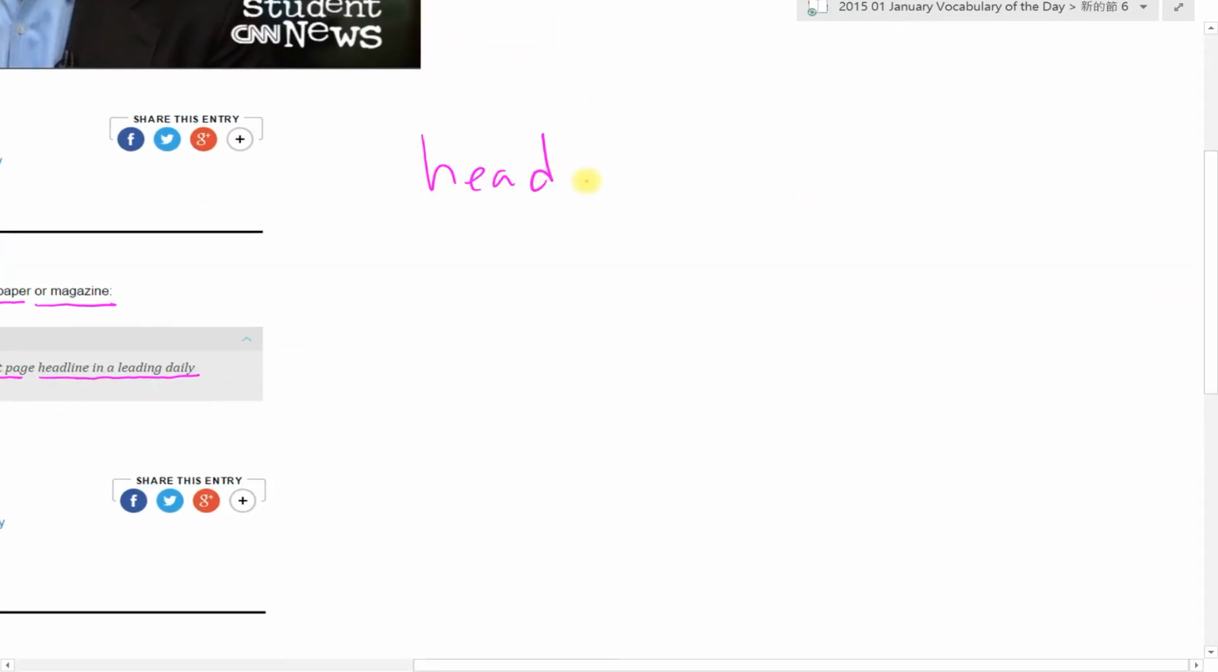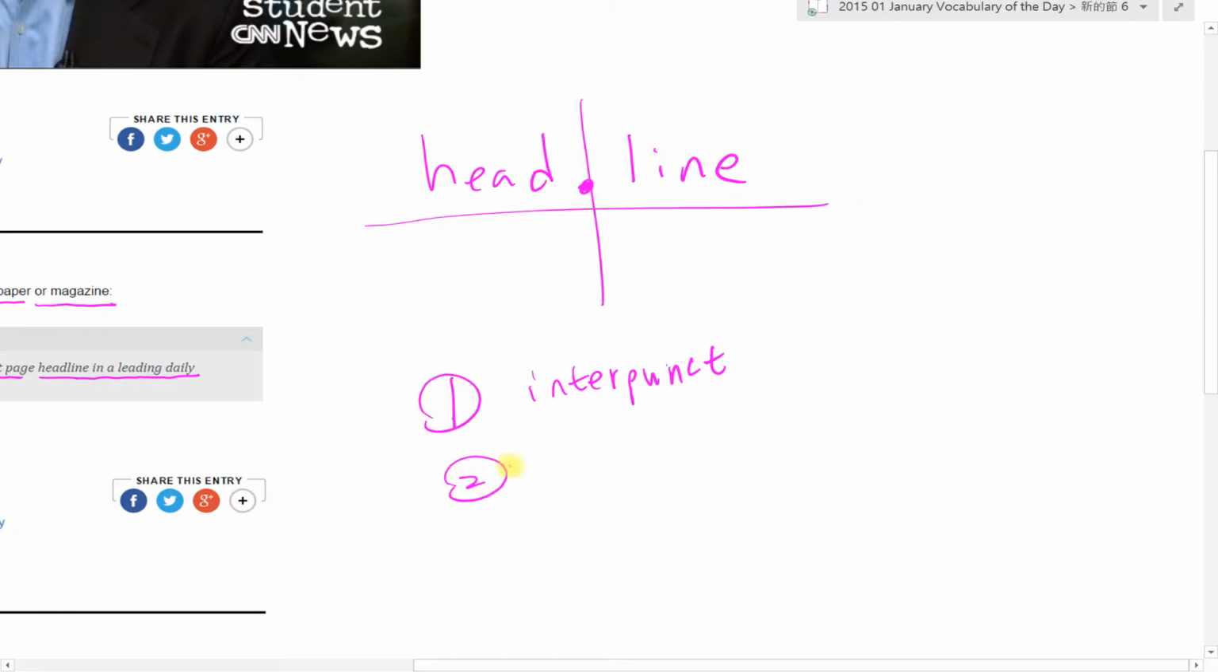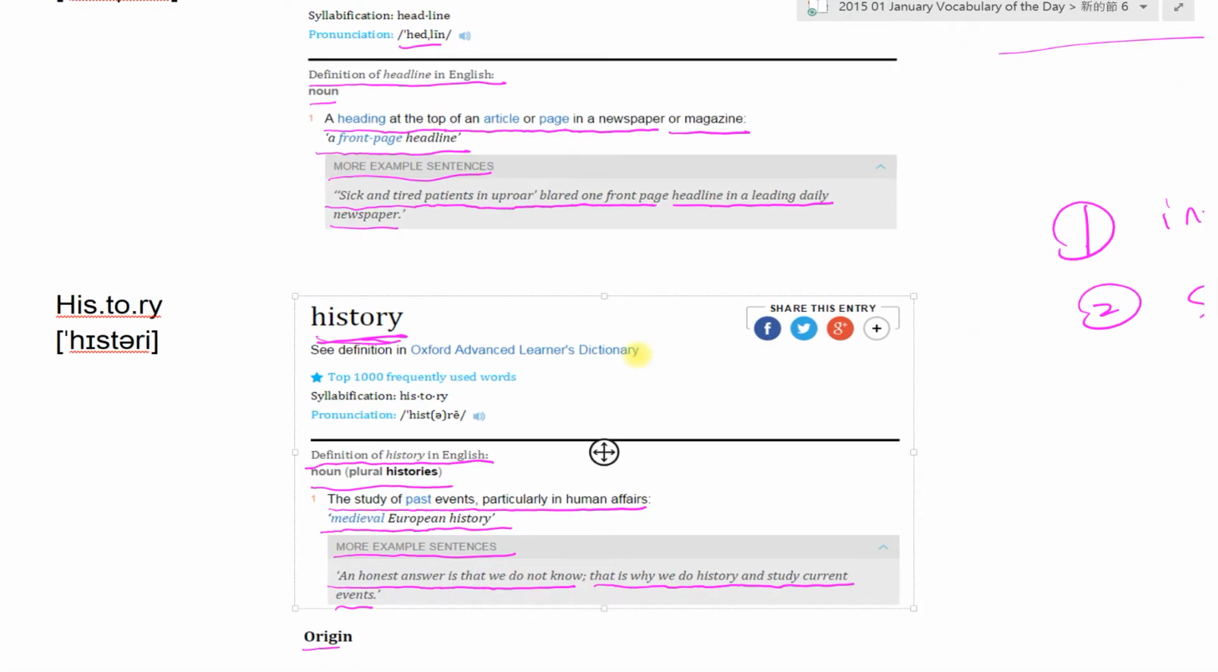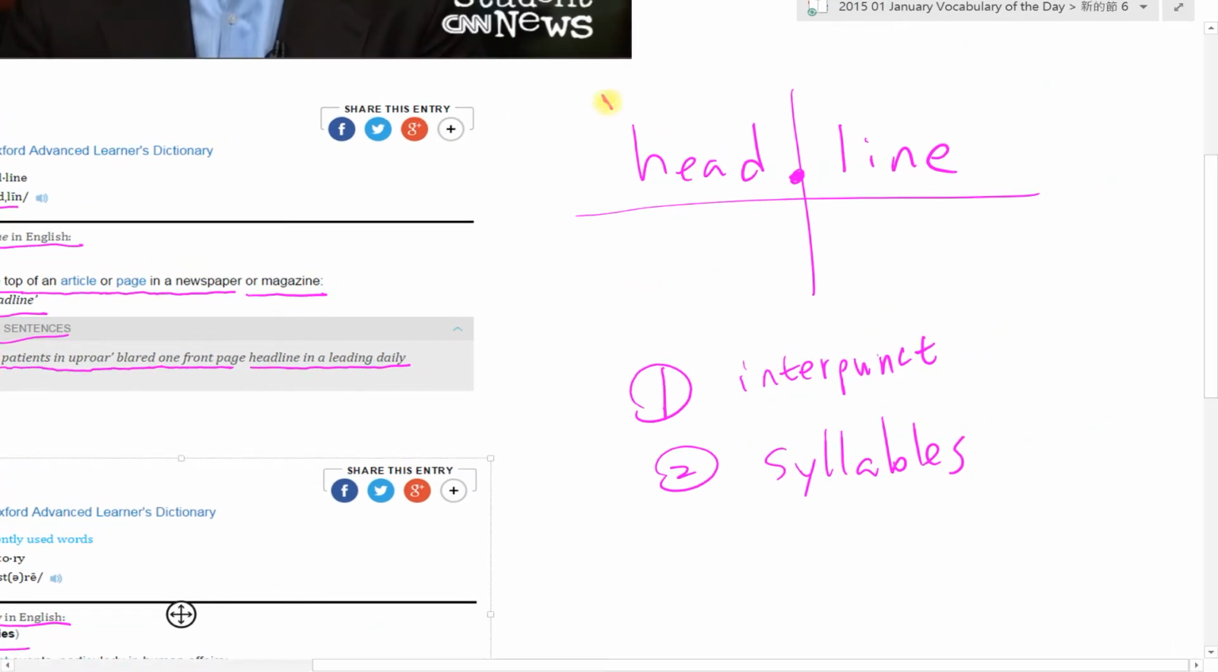让我们看看这两个单字，它们可以用什么样的自然音标来做解释。第一个是 headline，H-E-A-D，interpon，line。所以它是一个 interpon，two syllables，两个 syllable。我们知道 head 和 line 都是名词，所以它是双重音，two stress，main stress and secondary stress。